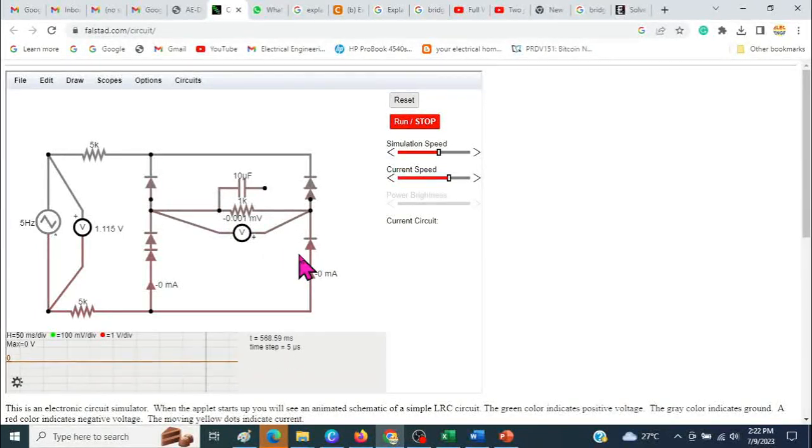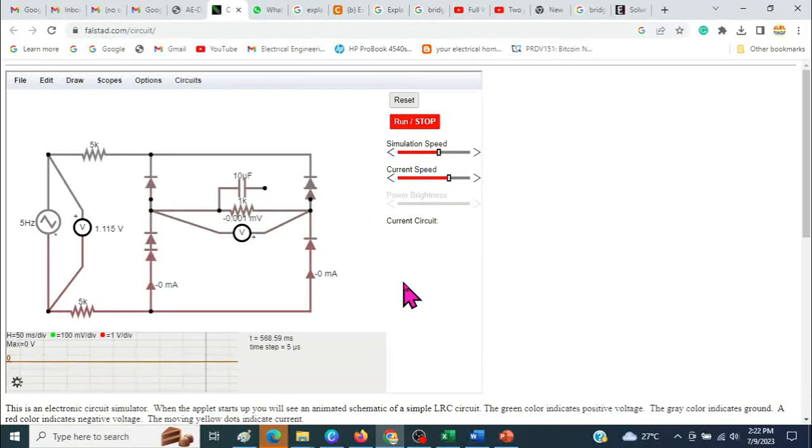So they will conduct, and the current flow path will be like this, from here, this, this, and to the source. I've also added two current meters, ammeters, just to show which path is conducting, and you can see in